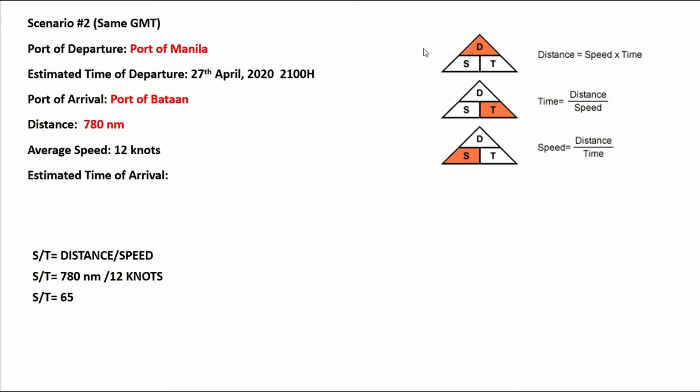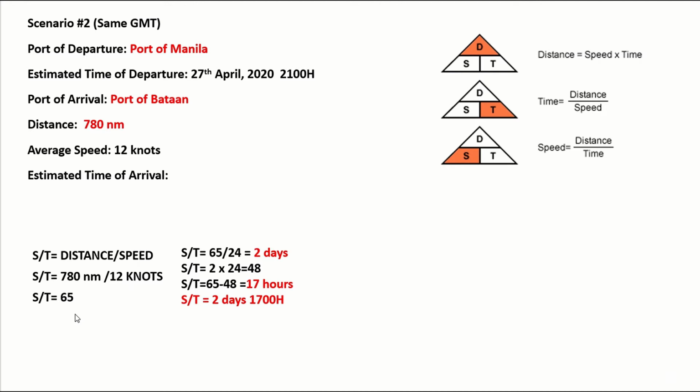We're just going to substitute the distance, which is 780 nautical miles, over 12 knots, which is its average speed. So ST is equals to 65. After solving the steaming time, 780 nautical miles divided by 12 knots, you will have 65 as your steaming